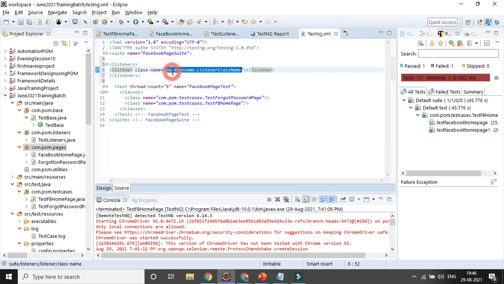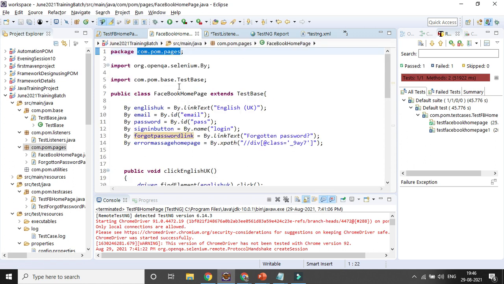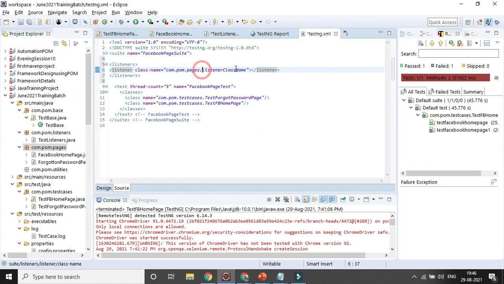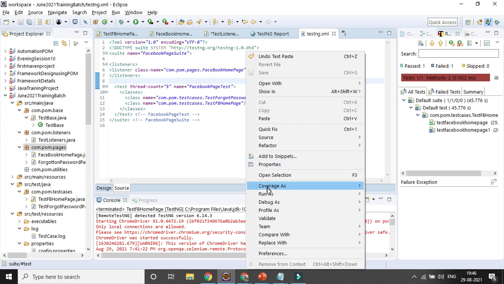So that is my package name, and the class name I can give. So that is my class name. Okay, so now I can run it from the testng XML file itself.